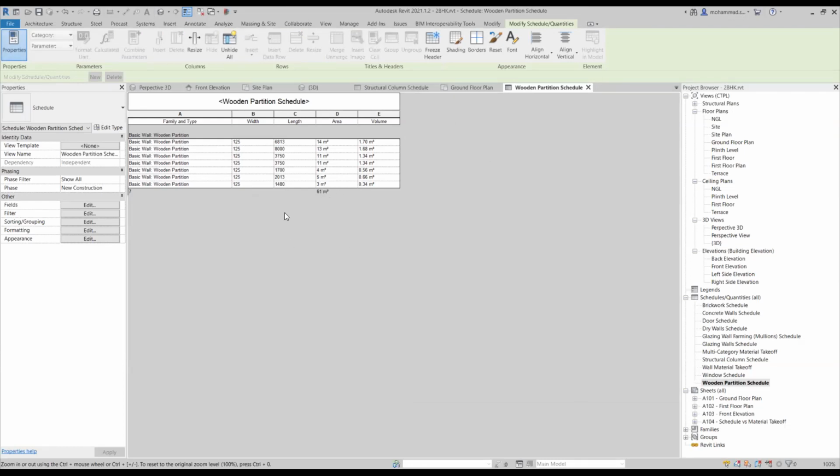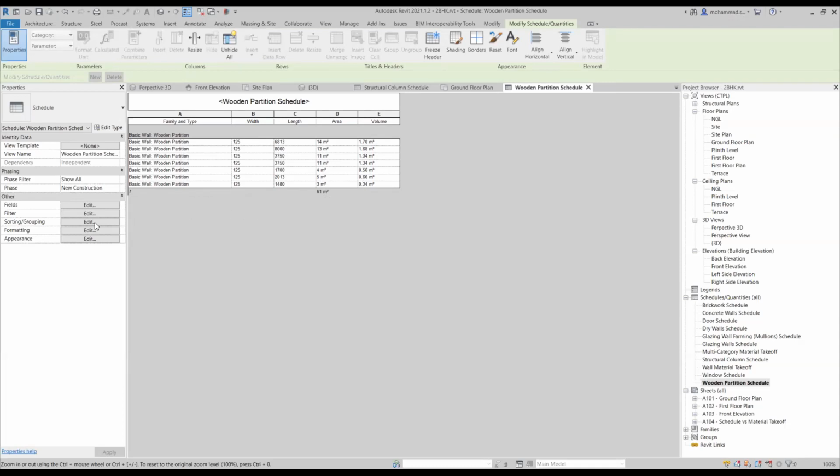Now moving ahead. Like I said, this schedule can give me area as a total for the wall. It can give me the volume of the total entity of the wall. But this option will not allow me to add different layers of the material.